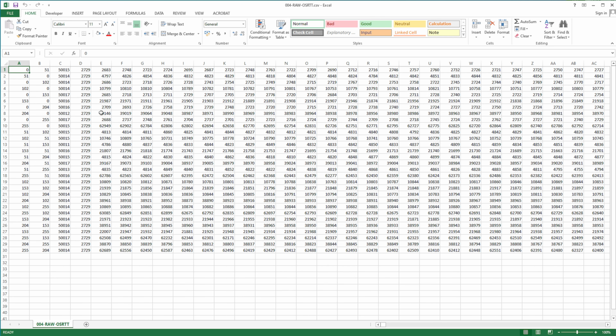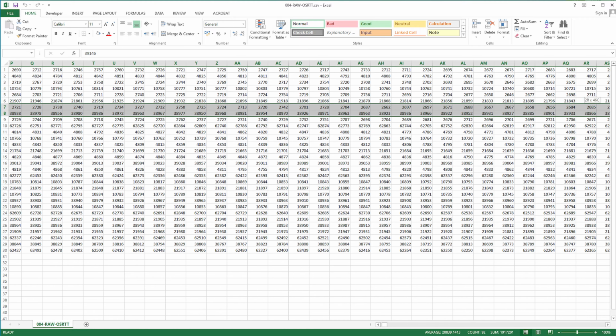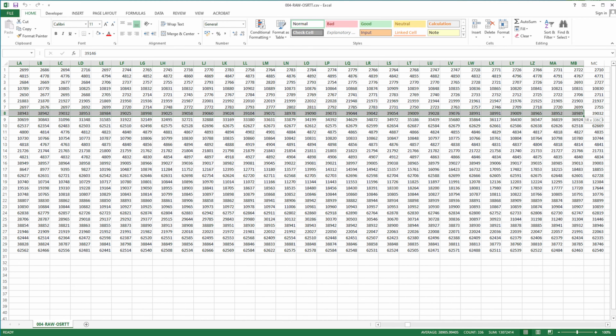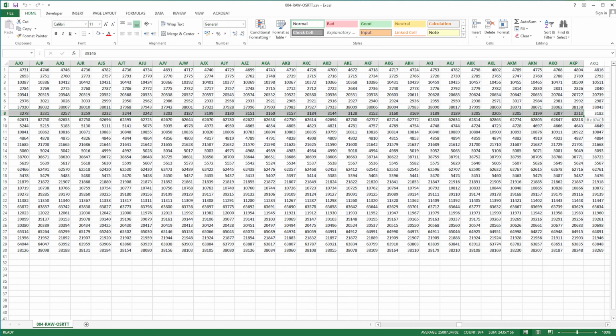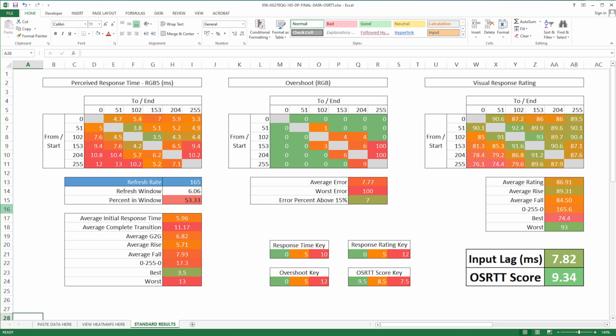You'll also find the raw CSV files. Those are the ones that include all of the raw data from each run, including the gamma data at the top of each file, and the full CSV files, which are the processed output for each run individually. Opening the final Excel file should bring you to the recommended presentation page, which includes 3 heat maps,